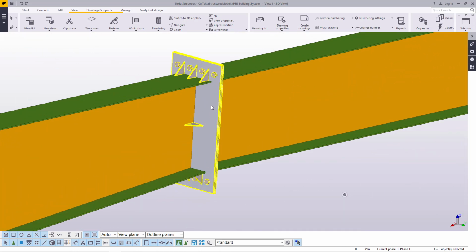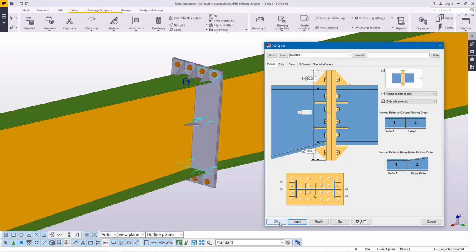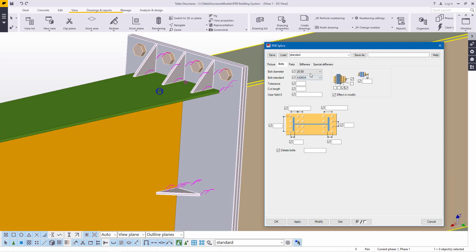So I'll come here once again and double click on this on the other side, or the second rafter, and apply all these settings. Remember, they must be the same, because when it lands in the workshop, everything must be professionally done and must be uniform. That's how it looks. Double click once again and come to bolts, and bolts here I'll use M20, and the